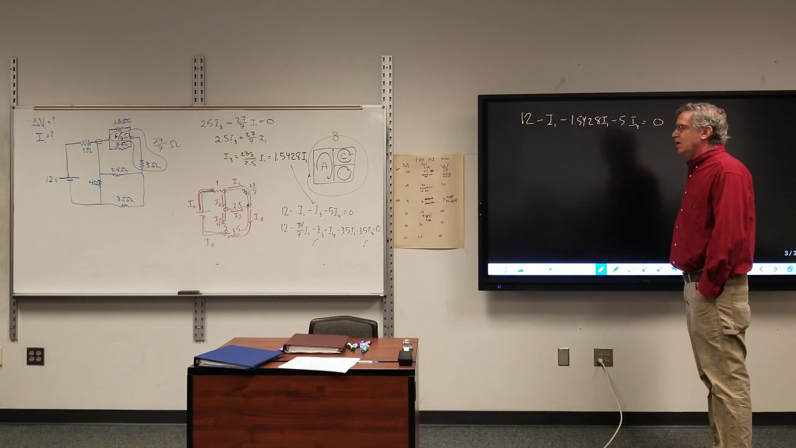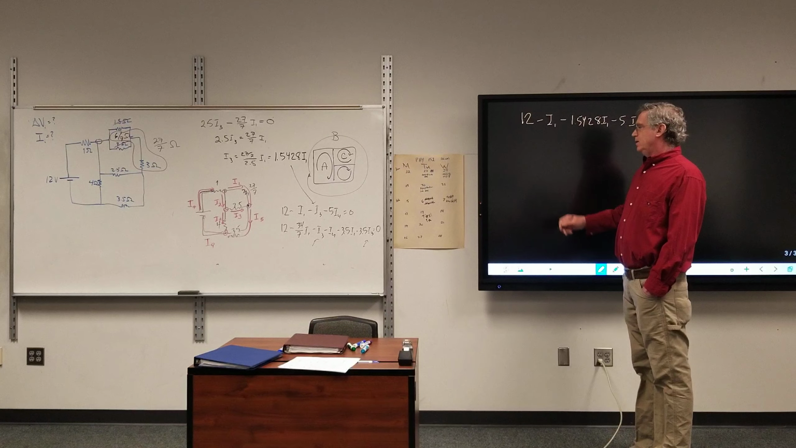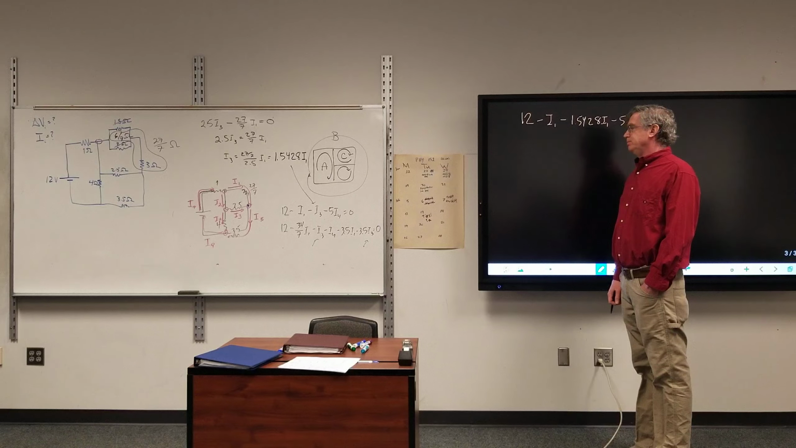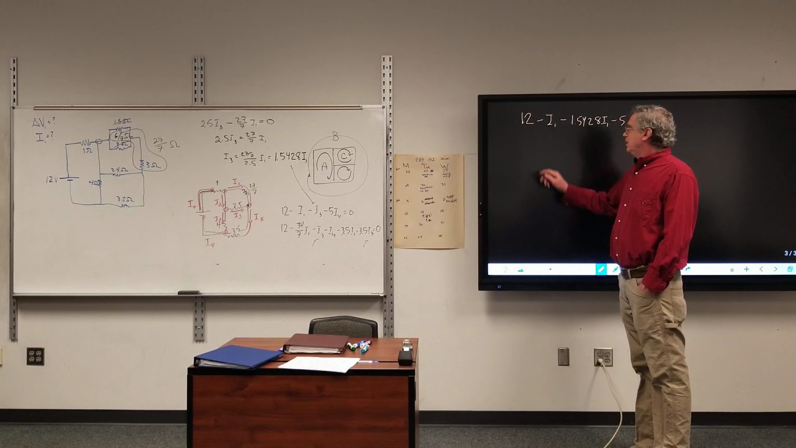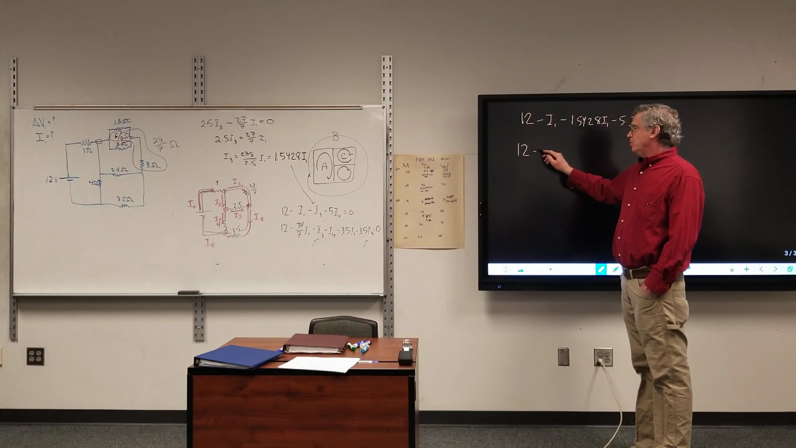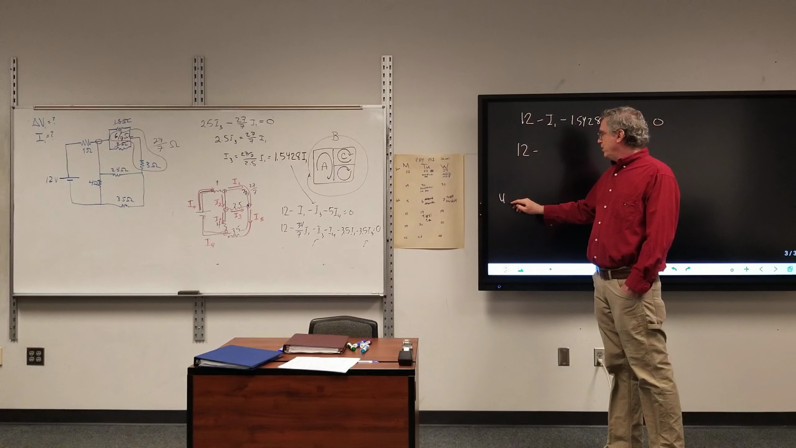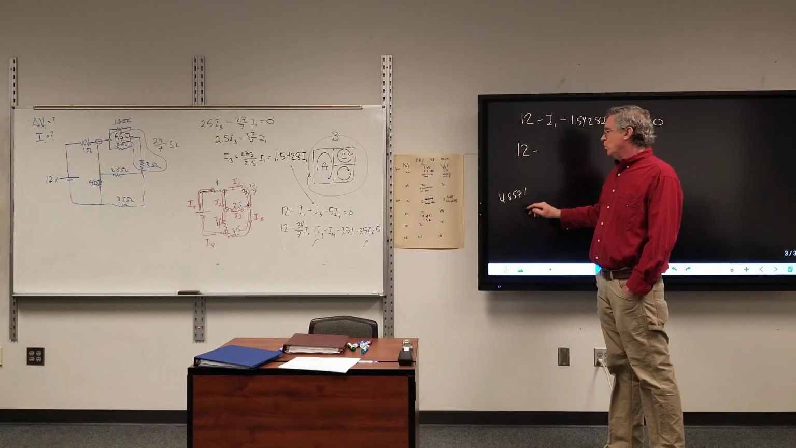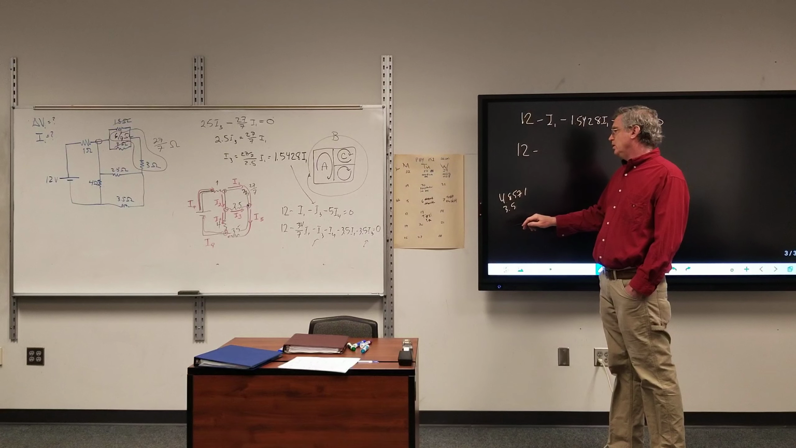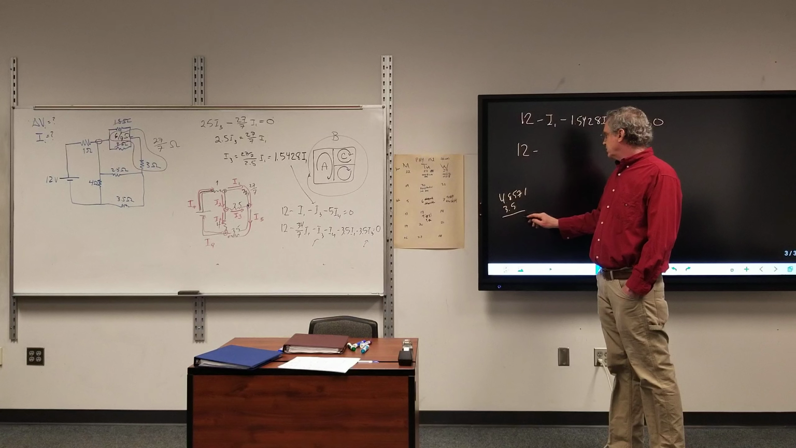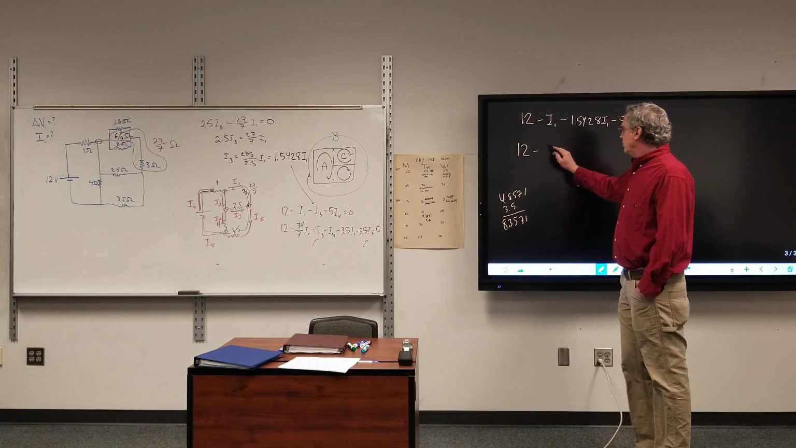And for the second equation, can we convert that fraction to a decimal? Sure, it's 4.8571. So 12 minus 4.8571, and then I've got that 3.5 also for I1, which comes to 1,753. All right, so it's minus